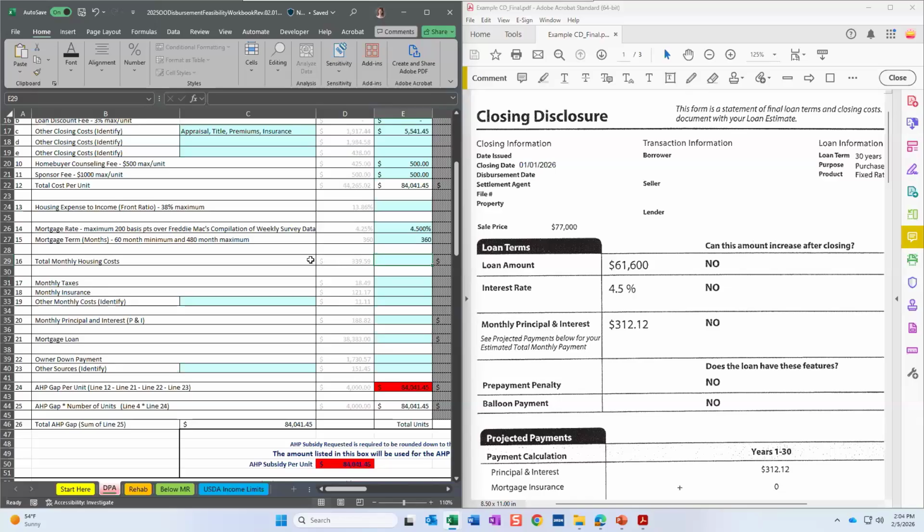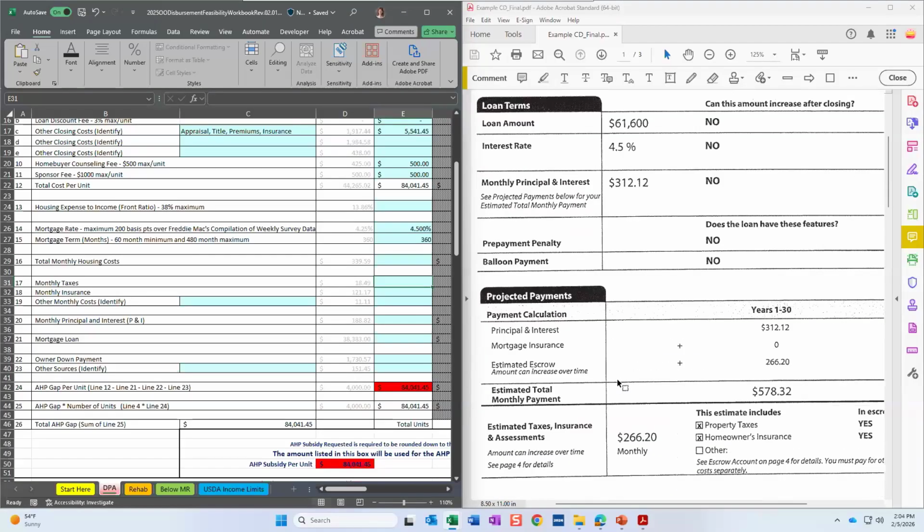Okay. Then we're going to calculate our total monthly housing costs. So again, this is going to help with our front ratio calculation, trying to determine what the total monthly housing costs are versus what their income is. So again, I'm going to come back to this monthly housing cost line because it's going to be the sum of a couple of the items we enter below. So I'm going to enter these items below and then we'll sum them up to get what we need to put in line 16.